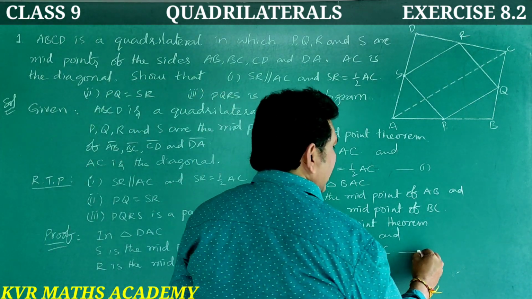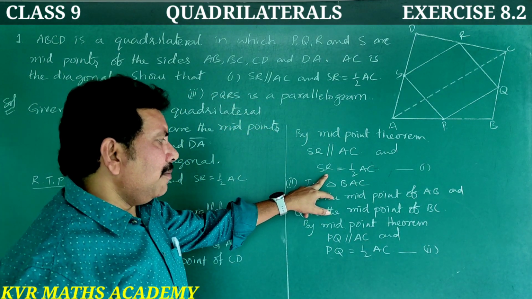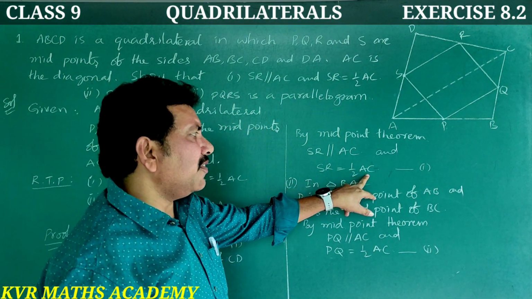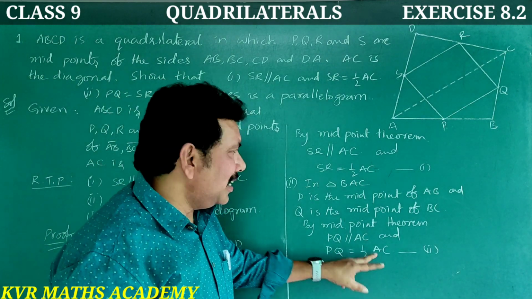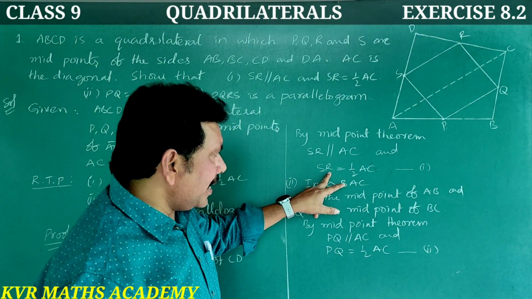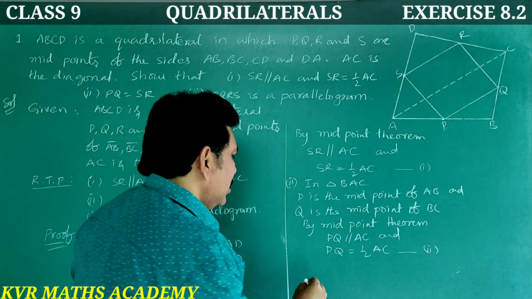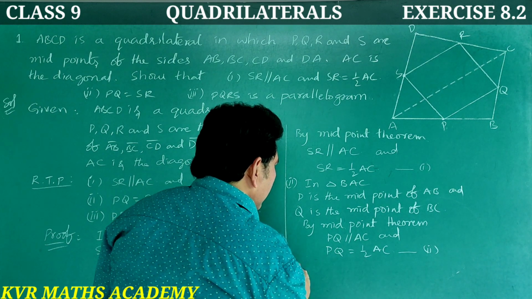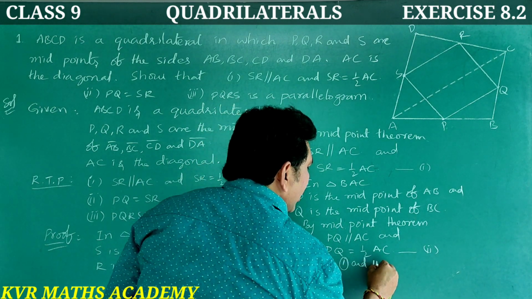So this is equation number 2. చూడండి, from equation number 1, SR is equal to half of AC. Here, in equation number 2, PQ is equal to half of AC కదా. సో ఈ రెండు అబ్జర్వ్ చేసినట్లయితే రెండు కూడా SR, PQ కూడా half of AC వచ్చింది. సో therefore, from 1 and 2